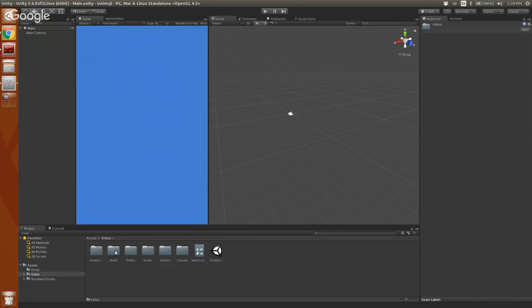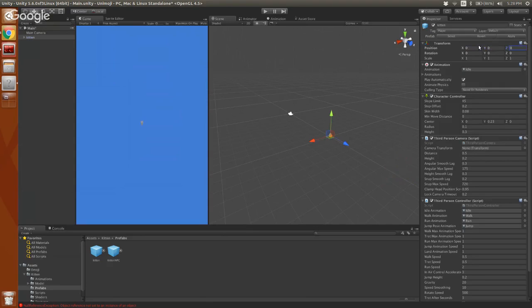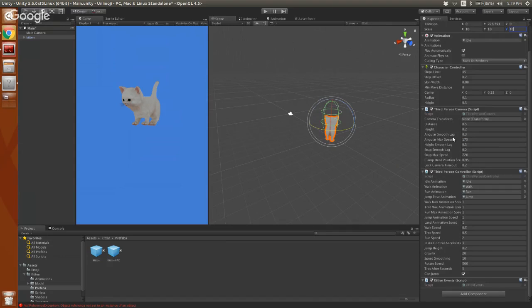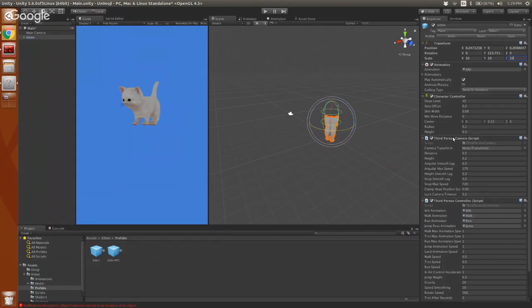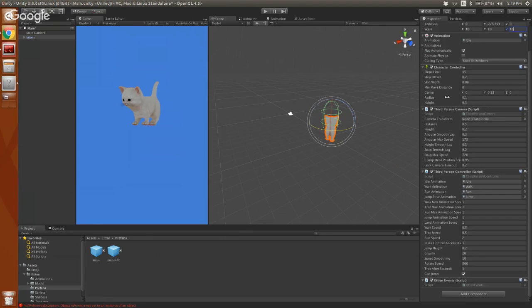So let's see what we can do here. Let's see what we have in this kitten package. We have some prefabs. Let's just drag a kitten into the world. There it is. Let's move this closer. Perfect. There's a kitten's butt. There you go, there's our kitten. So this has a bunch of different things. We covered a rigid body and a collider, but there are tons of different stuff in this object I just added to the scene.